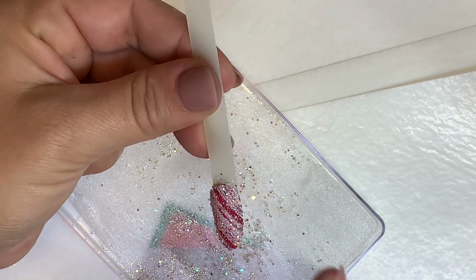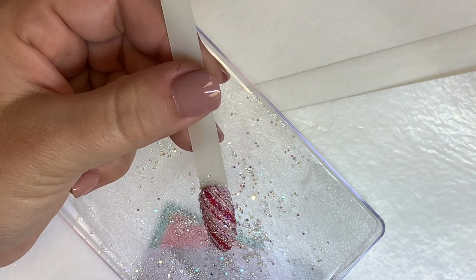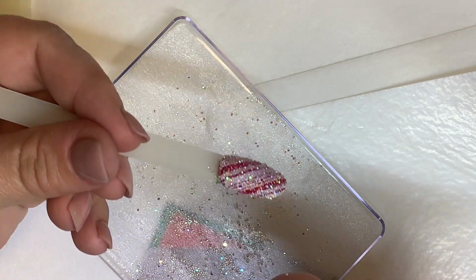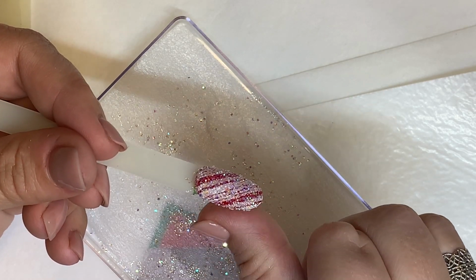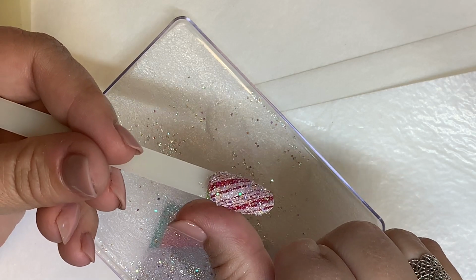Just because I don't want any of the stones coming off of the sidewall, because that's where you're going to feel a lot of the texture and your clients aren't really going to like that. So same with the other side. I'm just using my finger and just kind of either wiping off the stones that are sitting on the edges or pushing up a little bit,